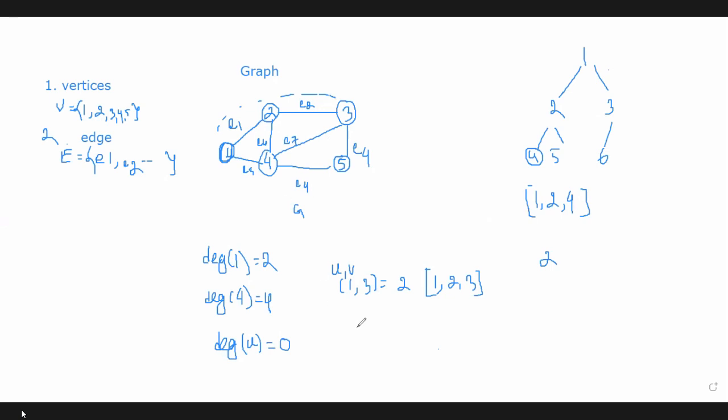So in this path, the path sequence will be 1, 4, 3, but the path length is the same, 2. And there is another path, 1, 4, 5, 3. This is our starting node, this is the end node, and we can travel to that node in 3 ways. One is in this direction, 1 to 2, then 2 to 3, where the path length is 2. Another way is from 1 to 4 and then from 4 to 3 with path length 2. Another way is 1, 4, 5, 3. Here the path length is 3.